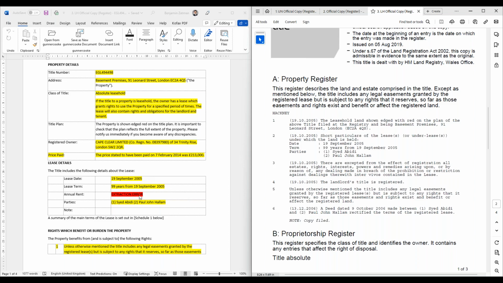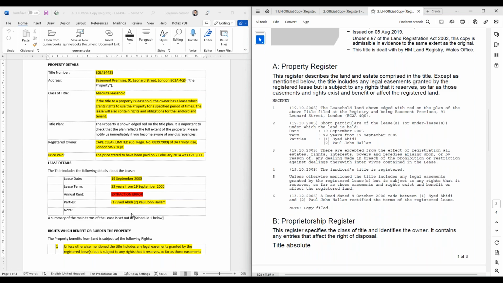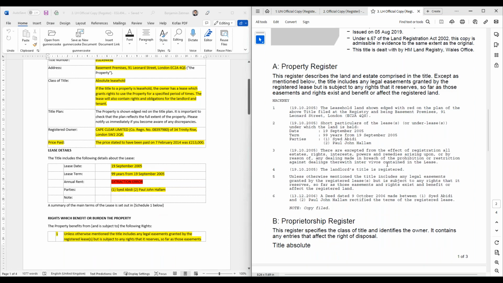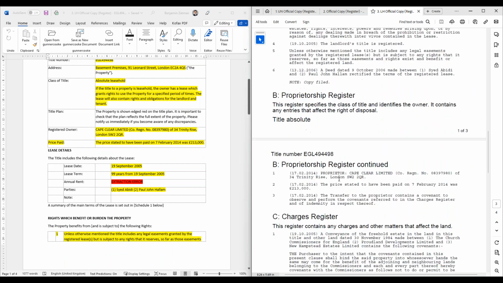It's not, so it just notes extraction error because it hasn't been able to find the annual rent. So again, that could just be deleted. And if there are any notes, sometimes below the lease, there are notes, those notes will appear here. And again, this title register